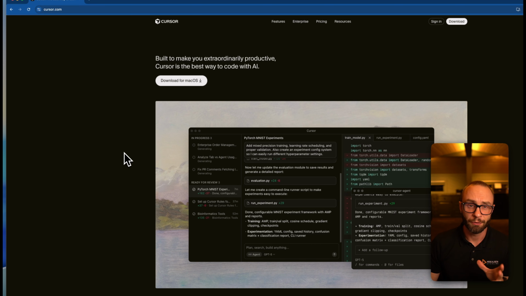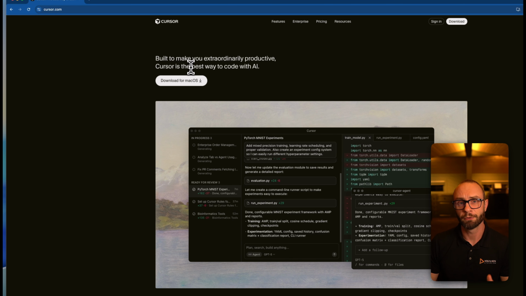Hey, I'm Andre Mikkelsen, and I use Cursor every day to ship products faster. And today we're going to build a simple app to get you going inside Cursor and show how the different models work. The first thing we need to do is go to cursor.com.